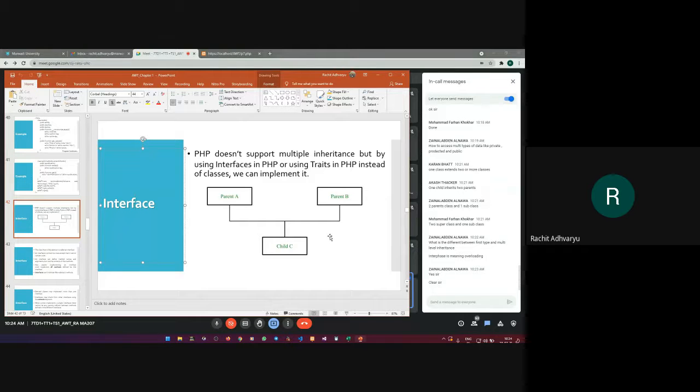It only has the function name. That's it. So a parent class that is declared as interface will have only the method declaration, the method name. And the child class that is inheriting that interface will have the complete implementation of the methods declared in the interface. That is the main thing about interface. No body, only the declaration of the method.